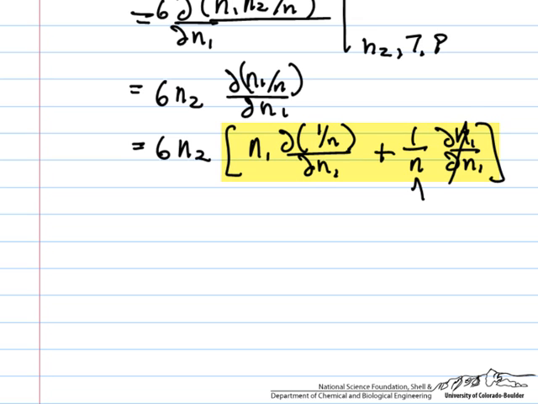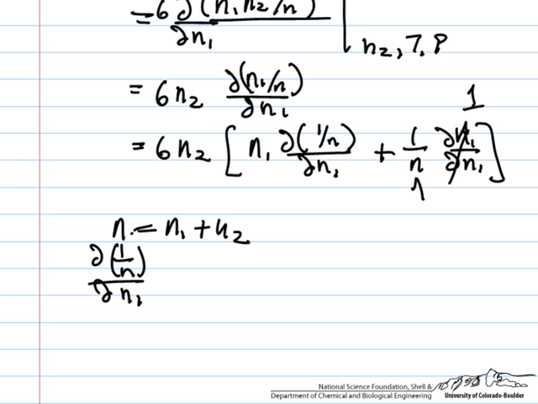So this derivative is 1. For this derivative, we have to use the fact that n is equal to n1 plus n2. And so the derivative of 1 over n with respect to n1 is going to be